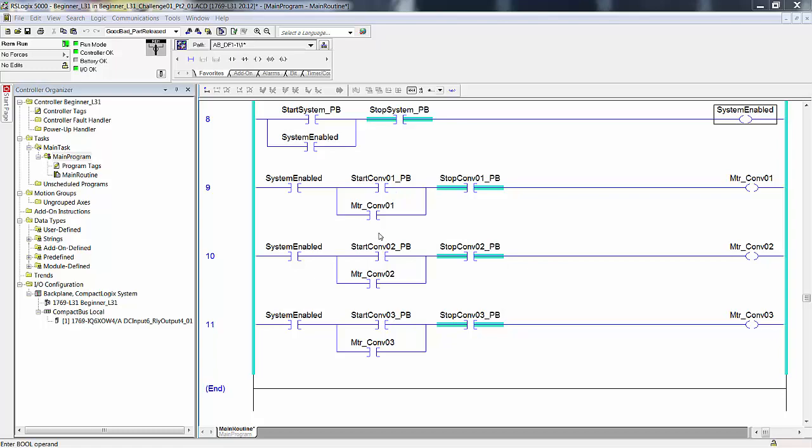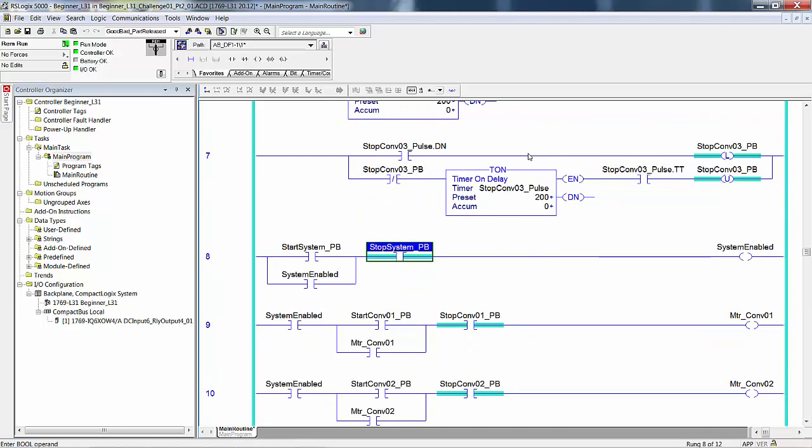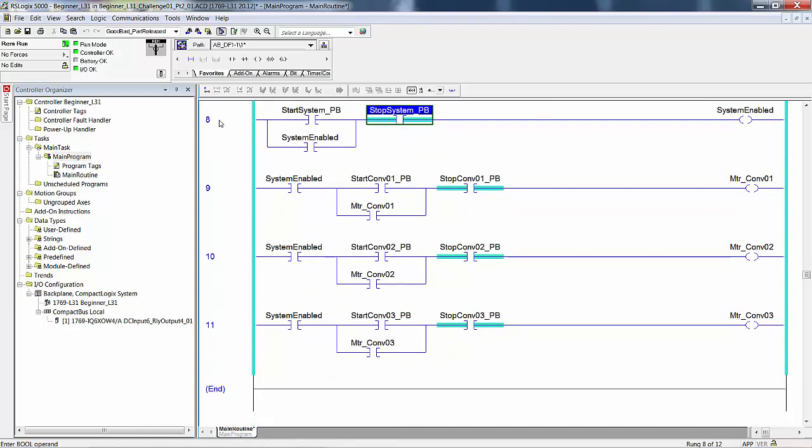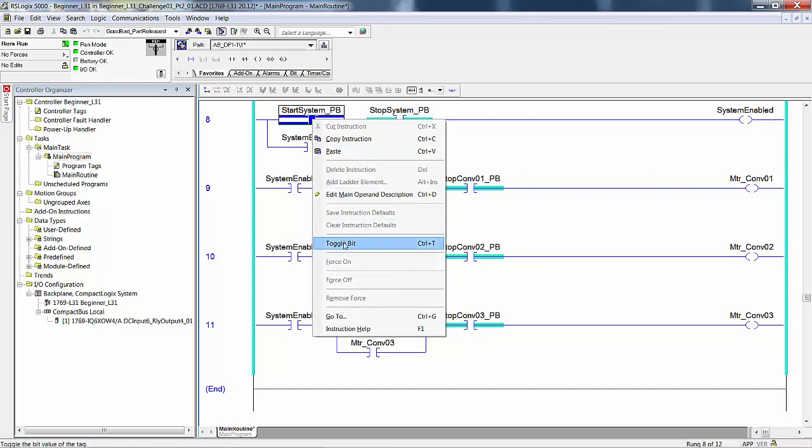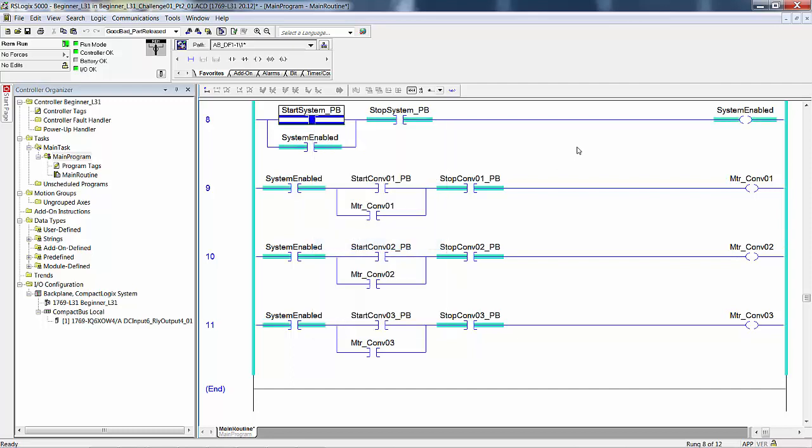And we don't need to see any of these rungs up here, the upper rungs. So we're going down to rung 8, 9, 10, and 11. We've got 0 through 7 up there. We've got a bunch of rungs up there, but we're going to operate it from here. Just pretend that this is your logic and these are real inputs. So first thing we want to do is toggle that on. You didn't see it go on, but it went on for 0.2 of a second and enabled the system, enabled